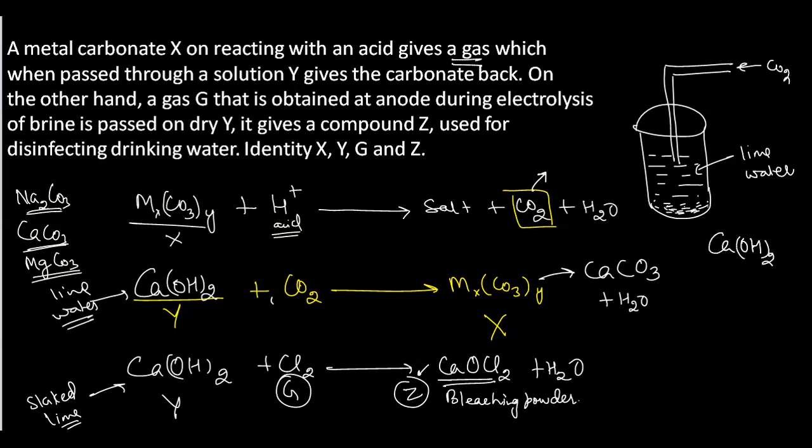मैंने बताया था स्लेक्ड लाइम भी यही होता है और लाइम वाटर भी यही होता है. When we have the concentrated solution, बहुत पेस्ट जैसा होता है, ड्राई, then we call it slaked lime. लेकिन if it is a solution like a salt solution or sugar solution, अगर ये solution है water के अंदर, then it will be considered as lime water. So when carbon dioxide is passed through the lime water, it will give you the calcium carbonate back, CaCO3. Calcium hydroxide is the Y compound we are assuming.